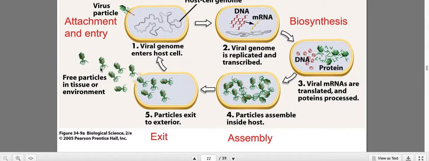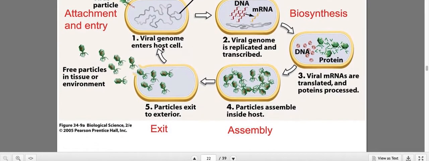So this hurts the cell in that cells use up a lot of energy when they divide stuff, when they make stuff into proteins. So you're using up the cell's own energy, you're using up the cell's materials, and you're making more of yourself. And then in the process, when you get out, you destroy the cell. So this is how other organisms are affected by viruses. So they exhaust their materials and their energy, and then they destroy them, right?